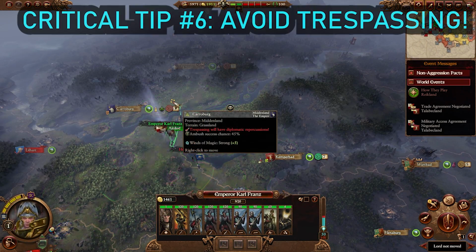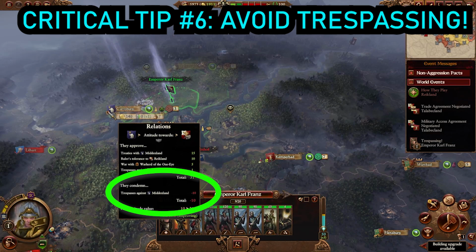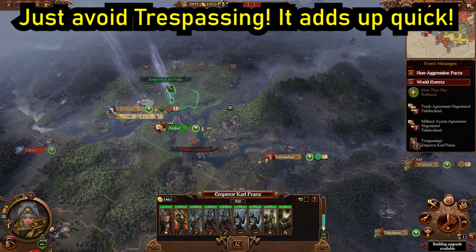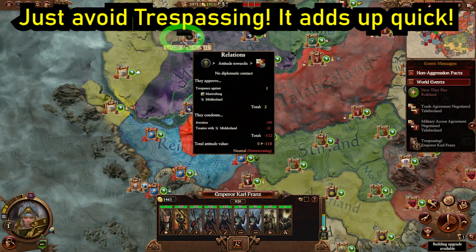If we wanted to, we could march over here and we would take no penalty, but over here with Midland, just for example's sake, if we march Carl up here onto their territory, we can see -10 for trespassers. So trespassing is very easy to avoid. Don't do it. Simply just walk a few more steps the other way. Don't step on people's land, but again, people that hate them will like you better for doing it. Here we can see these greenskins up here don't like Midland, and we're getting a +1 benefit because of that